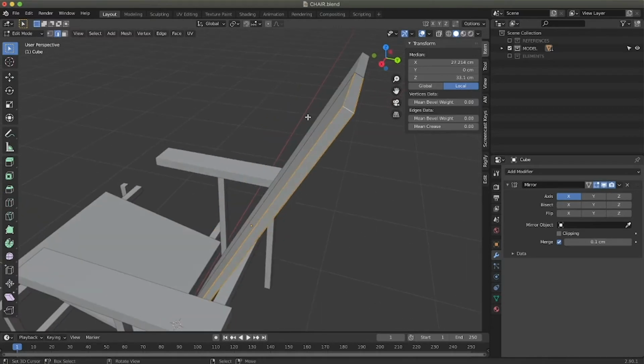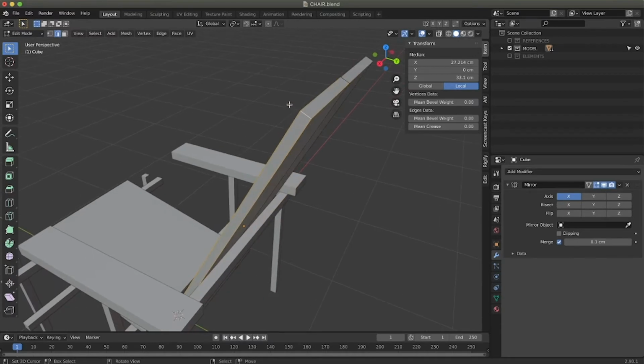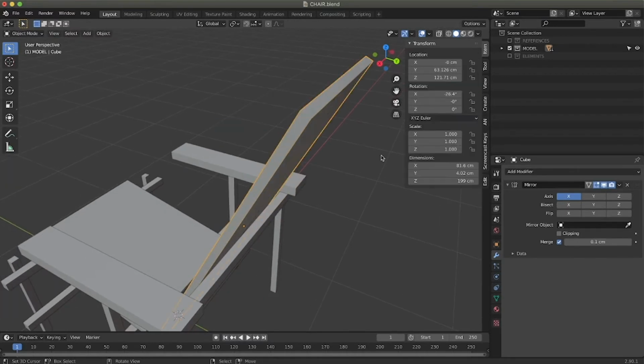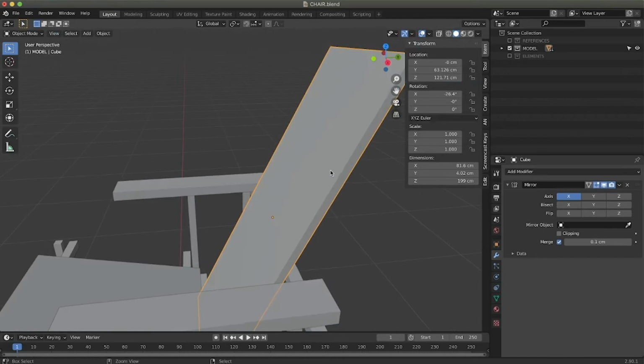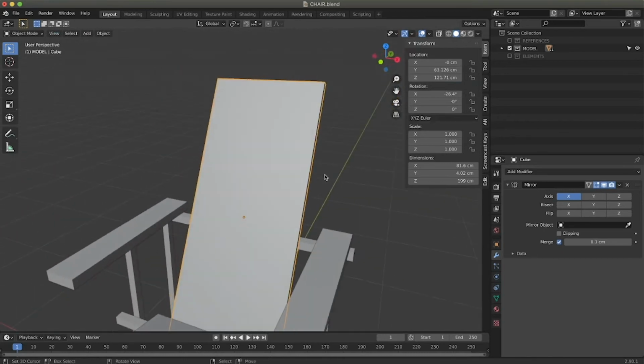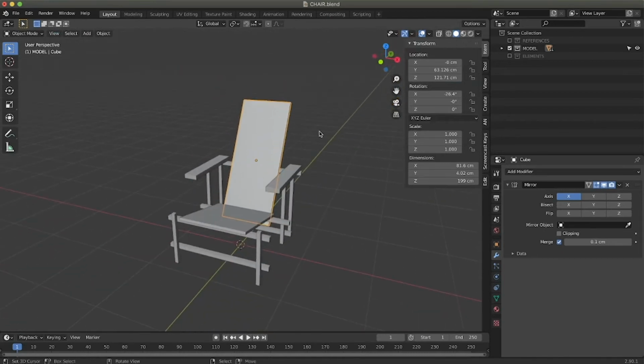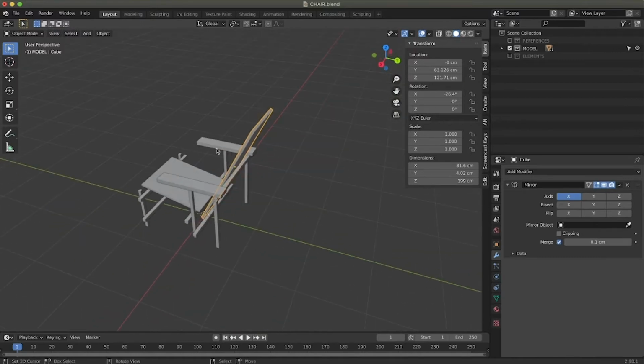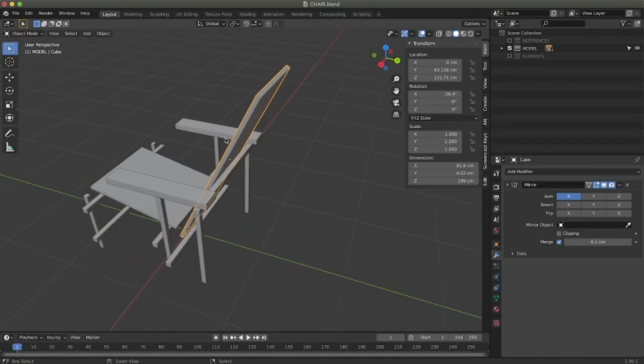So I go back to the point where we just have one edge, and luckily we have a modifier that allows us to add detail to our model without really destroying the mesh. This is called non-destructive modeling.